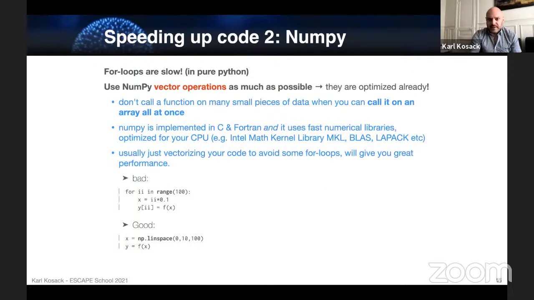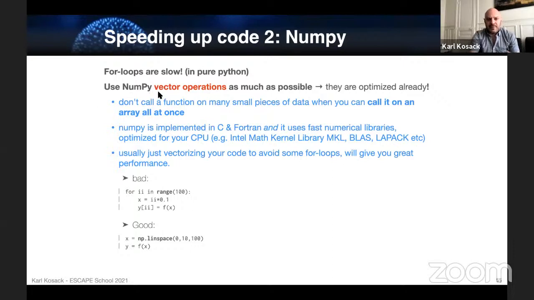Again, I'll do a demo of this just like in the last one after a couple of slides, but I'll first set up the list of things that you can do. So the second way you can speed up code is simply use NumPy. For loops in Python are very, very slow. As I said, they take a measurable amount of time to execute each iteration of the loop just without actually doing computations. Just doing the loop takes effort.